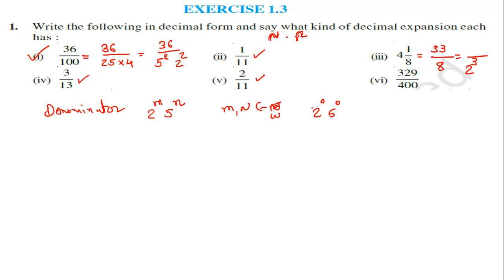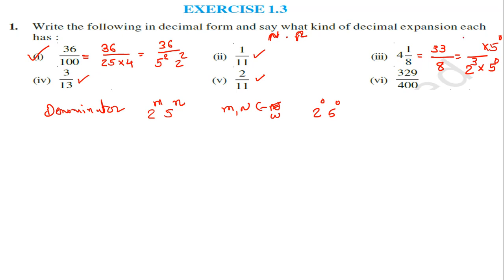And you will ask me, sir, here 5 raised to some power is not there. So I can write here 5 raised to 0. I will multiply 5 raised to 0 both side in numerator and denominator. Any number raised to 0 power, that you all know, is 1. 5 raised to 0 is 1, 10 raised to 0 is 1, P raised to 0 is 1, A raised to 0 is 1. So actually we can say that by 1 we have multiplied both side.